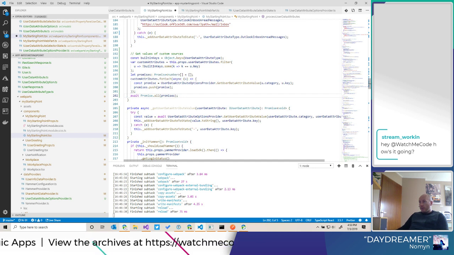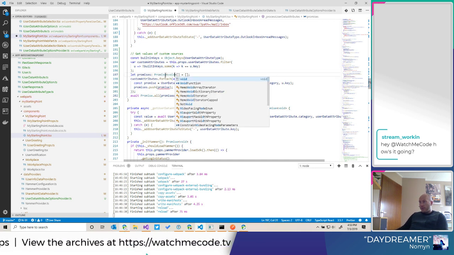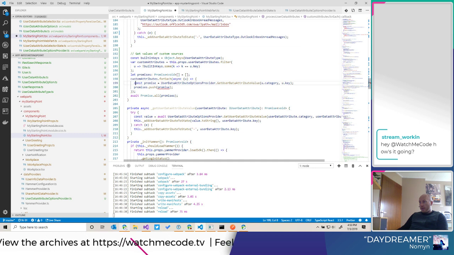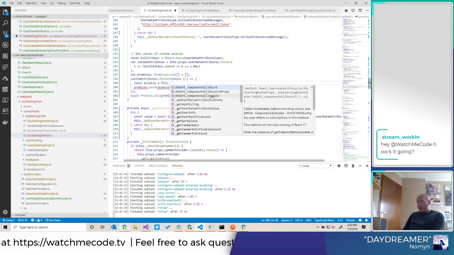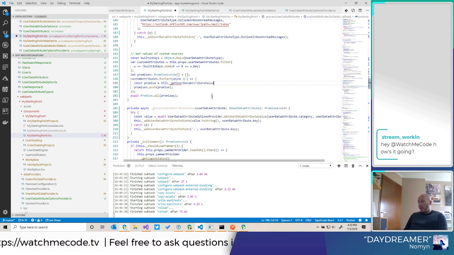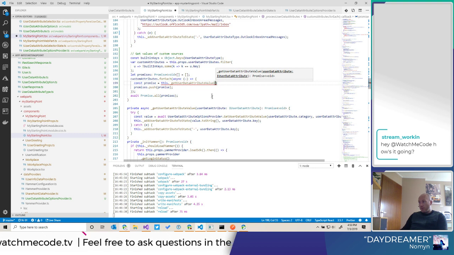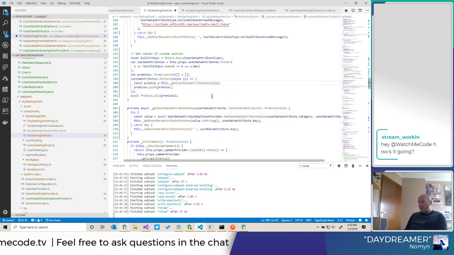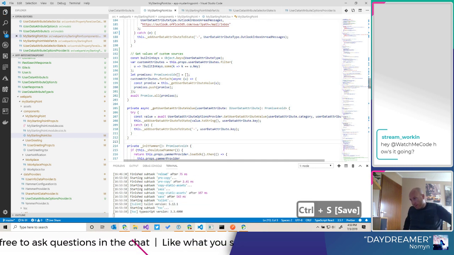And since this is now a promise void, we're not gonna call the API directly, but do this dot get user data attribute value u, and it doesn't need to return, but now it will run in parallel.